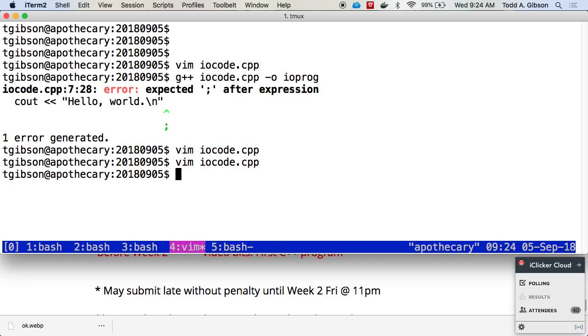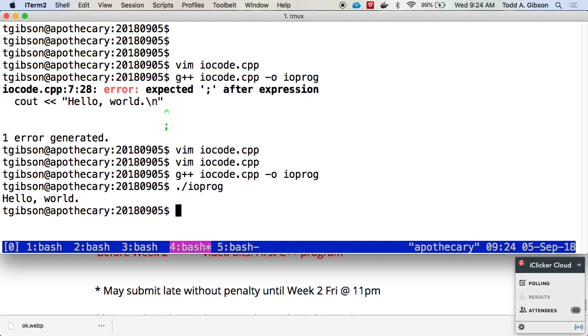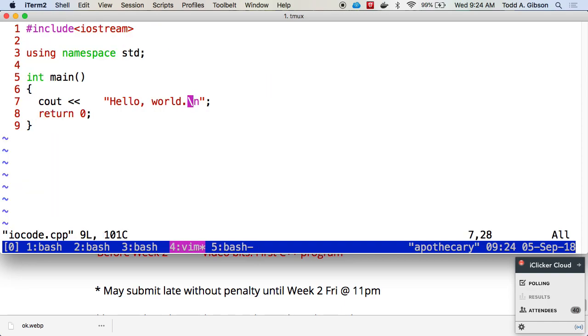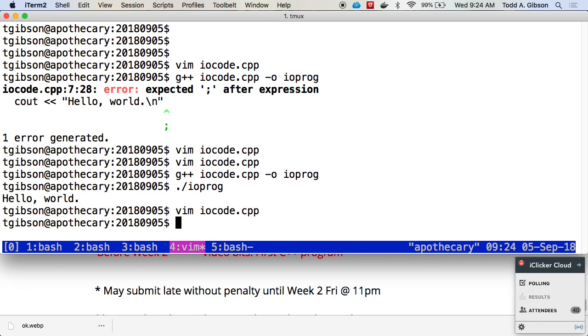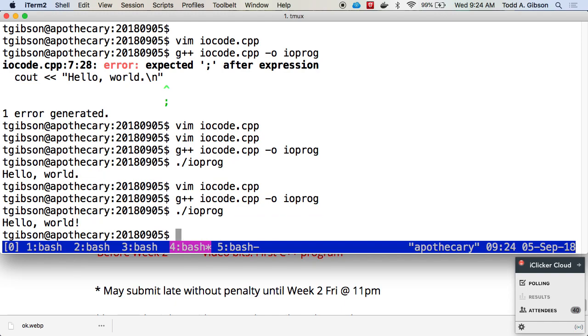I quit the editor, I compile, I run. No, it's not running quite right. I wanted an exclamation point after hello world. So I go into the editor, I make changes, I quit the editor, I compile, I try running it, I go into the editor. So that's the cycle. Edit, compile, run. Edit, compile, run. Edit, compile, run. When you're writing programs, you end up doing this cycle dozens of times, right, depending on the complexity of the